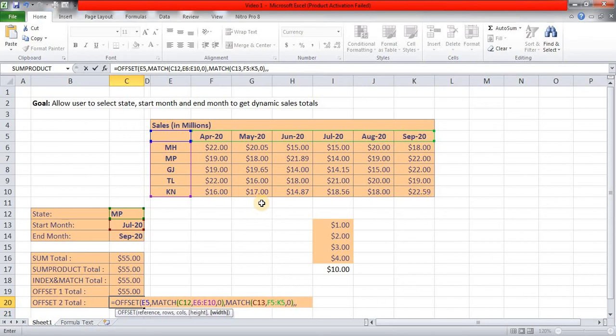And for width, now we want sales of say July, August and September, so we want sales of these 3 months, so I am using match again. We'll do the same thing.